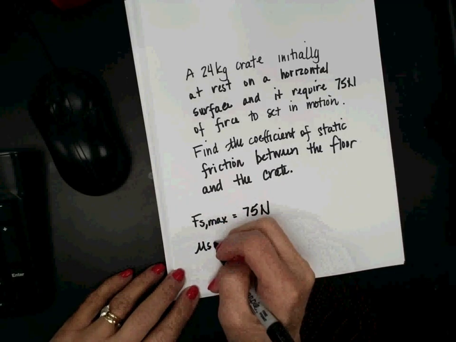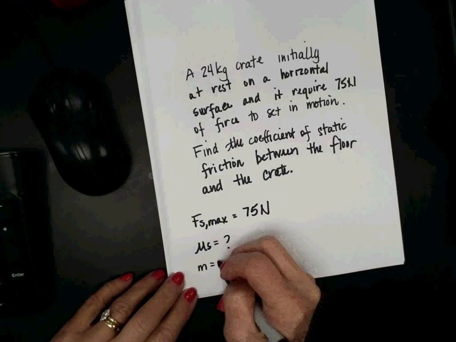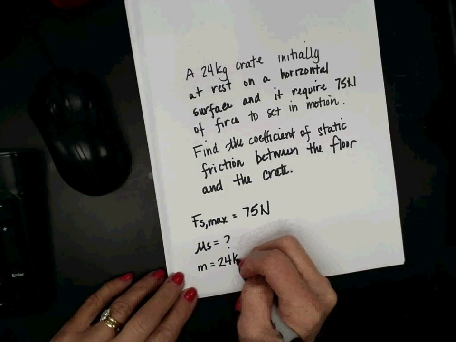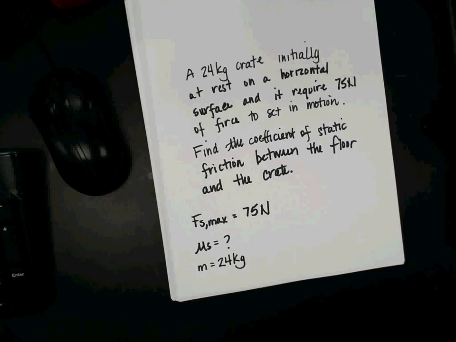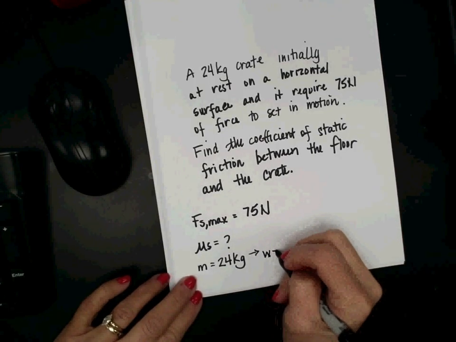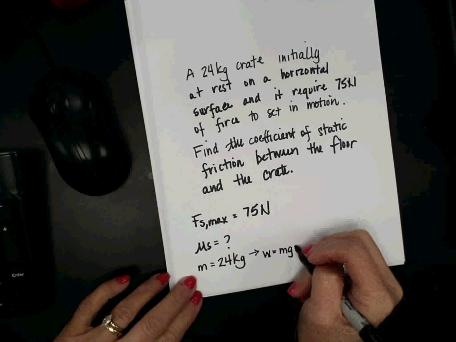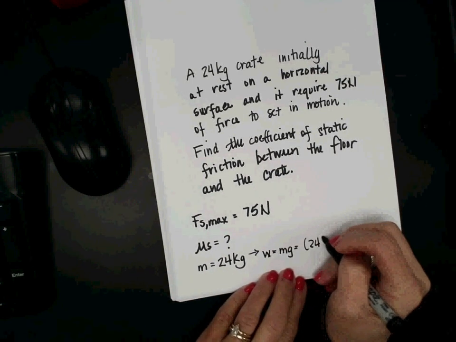I'm being asked to find my coefficient of static friction, mu s. And I also know that my mass is equal to 24 kilograms. Now, if you remember, weight is equal to mass times gravity, and the normal force is opposite the weight. So the first thing I want to do is calculate W using W equals mg, which gives me